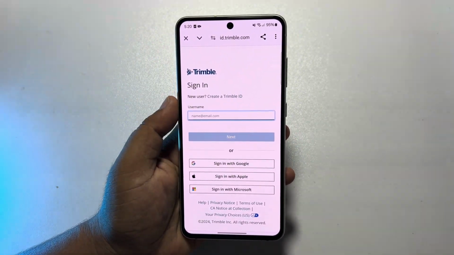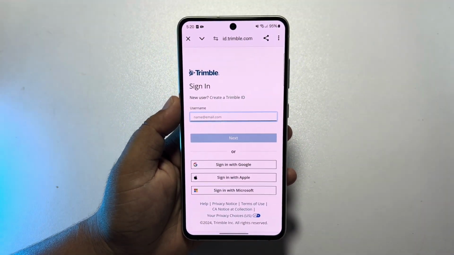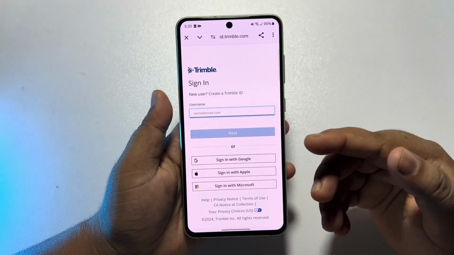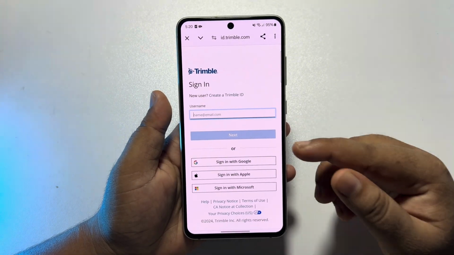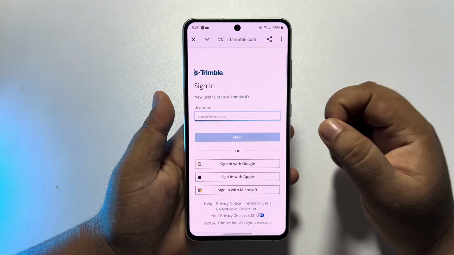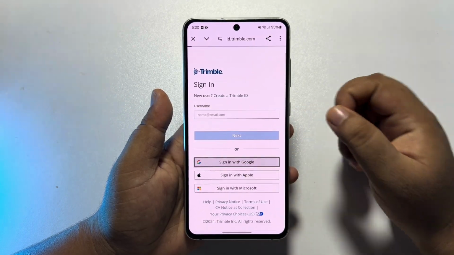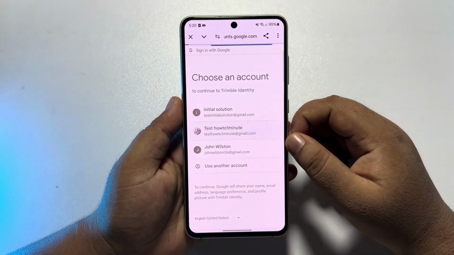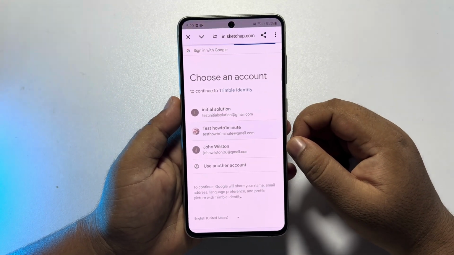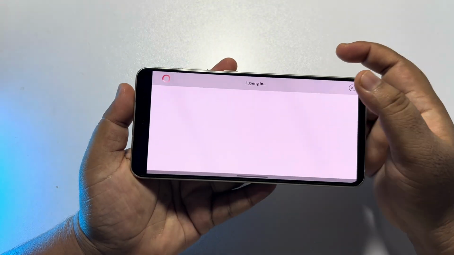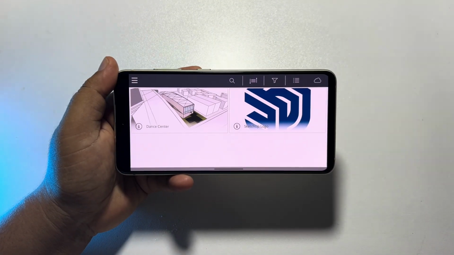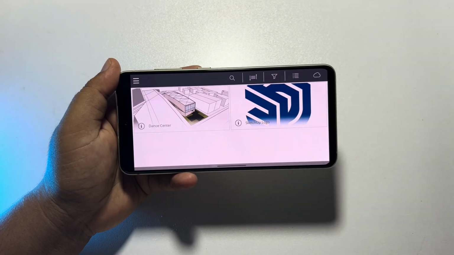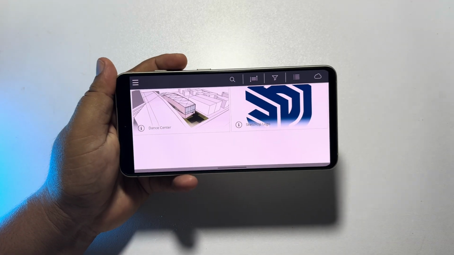All you have to do is enter here your SketchUp account username or email address, or you can use these three options to log into your SketchUp account. Or to create a brand new account, just click here. But I'm going to sign in with my Google account, selecting my Google account here. And then, as you can see, I've successfully logged into my Google SketchUp account,